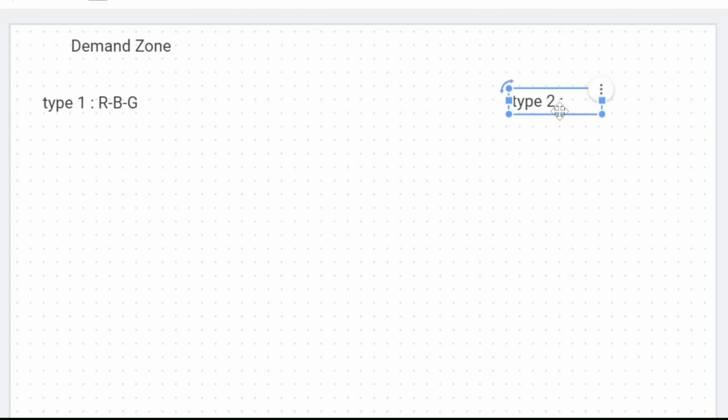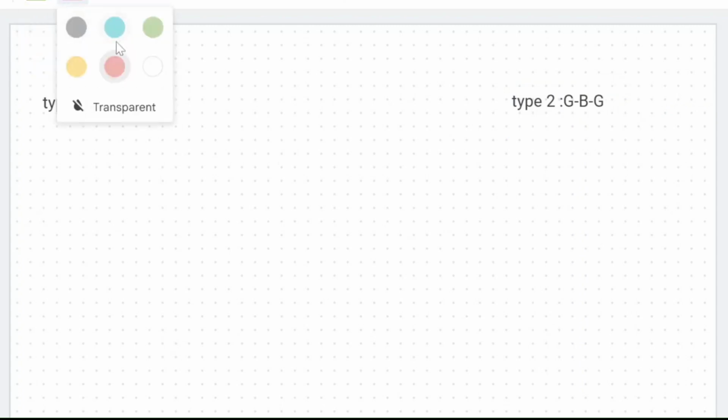So now we will make it green. This is our one demand zone. Now see what is there in